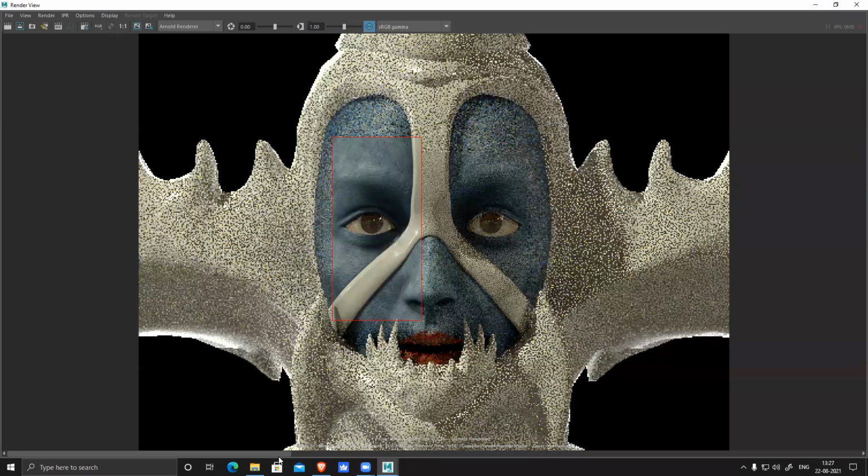If the value is white, it will be full white and it will extrude the model. If it's black, it will push the model inside. And a scalar value of 0.5 becomes gray. So 50% gives you whatever scalar value was there in ZBrush. Now I put 0.5, so it will give me the exact same output.